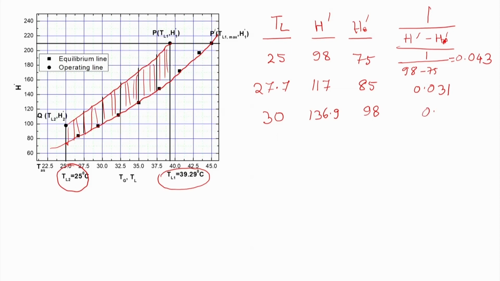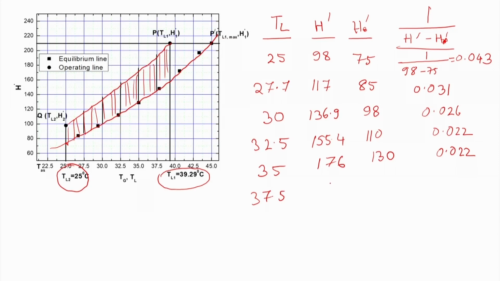0.026, and then for 32.5 degree Celsius the enthalpy value is 155.4 and the equilibrium enthalpy value is 110, and the 1 by H prime minus H star prime is 0.022. For 35 degree Celsius the enthalpy value is 176, H star prime is equal to 130, and 1 by H prime minus H star prime is also 0.022. For 37.5